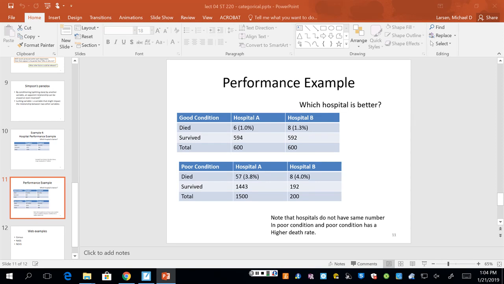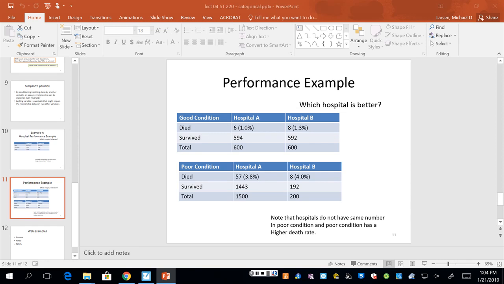You have to do appendix surgery, and otherwise you're healthy and robust and don't have health concerns, you're probably in a better condition to have that. But if somebody comes in and they're immune compromised, or they're elderly, or they have heart disease or something, and then you do surgery on them, they're less likely to fare so well. So if you knew the patients that came in good condition and poor condition and split out like this,